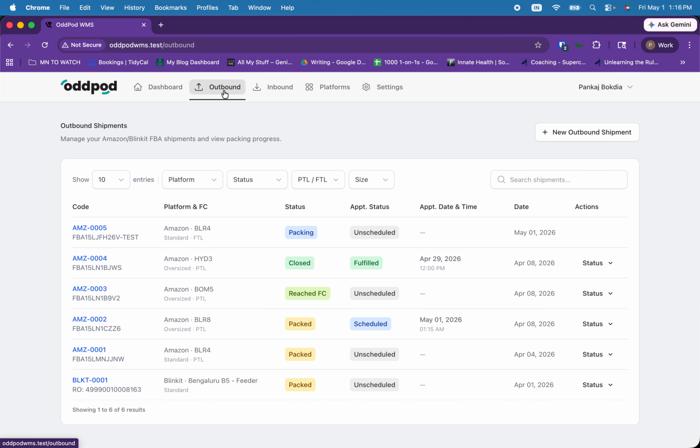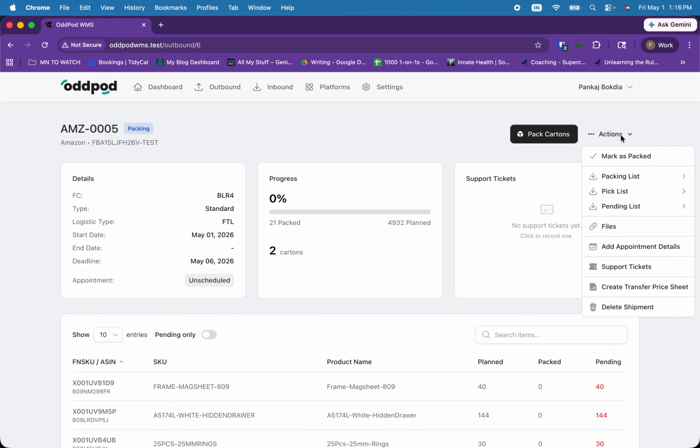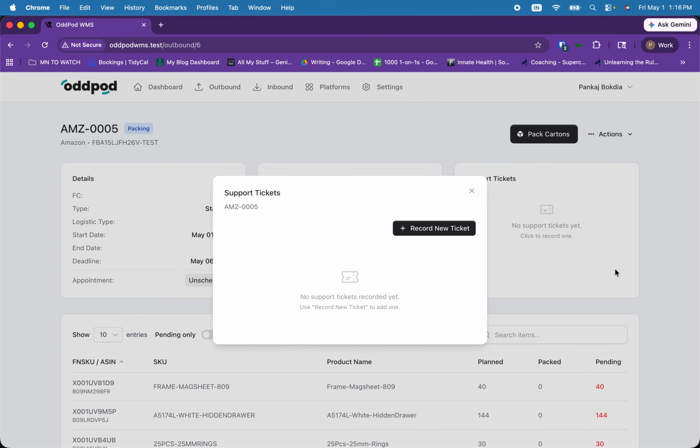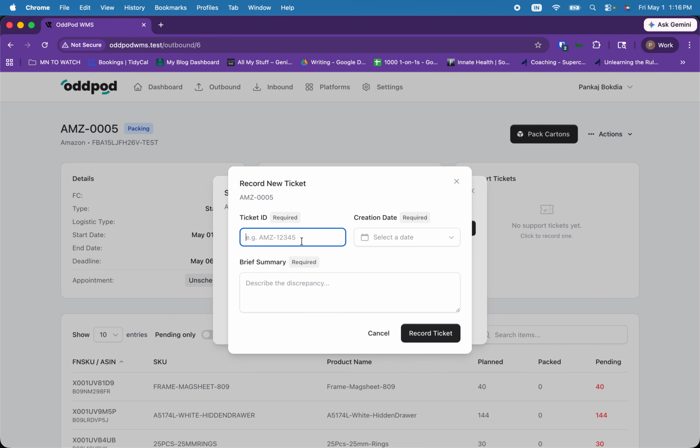So this module helps you manage all your outbound shipments, all the shipments that are leaving from your warehouse towards these various platforms. And there's also one more option of creating support tickets. So let's say there is some issue when the platform receives your order, and you create a support ticket. So you can record that support ticket here